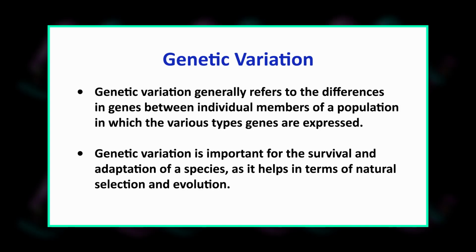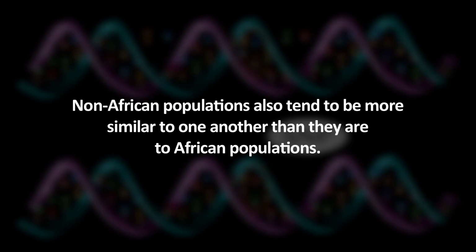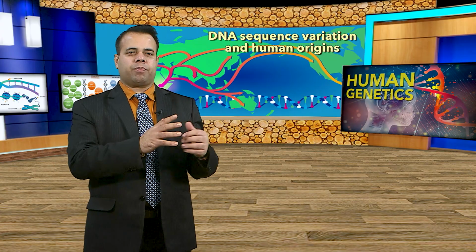The fact that most genetic variation in non-African populations is a subset of the variation found in African populations lends further support to the African origin hypothesis and is difficult to reconcile with the multi-regional hypothesis. Non-African populations also tend to be more similar to one another than they are to African populations, a finding that lends additional support to the hypothesis that a subset of the African population left the continent to colonize the rest